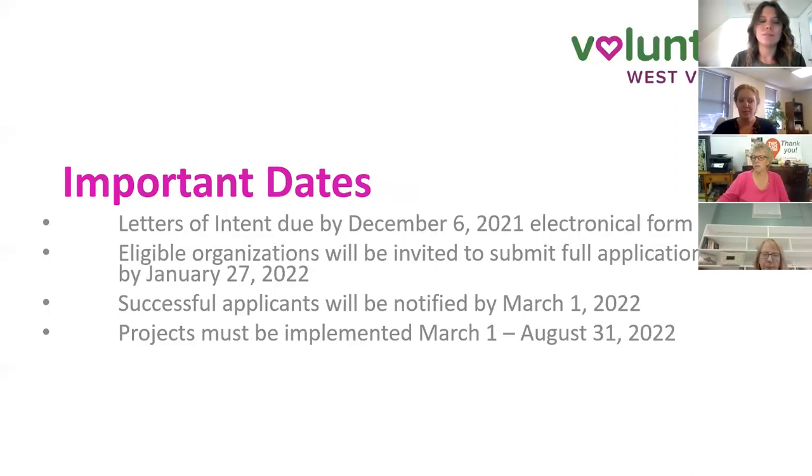So important dates for this project: letters of intent are due by December 6th. There's an electronic form in our notice of funding opportunity that you click through. It's real short, and you complete it according to the instructions in our notice of funding opportunity. We will review those, and any organizations that submit a letter of intent who are eligible to apply, which means you're an eligible organization and you have a DUNS number, then we will invite those organizations to submit full applications